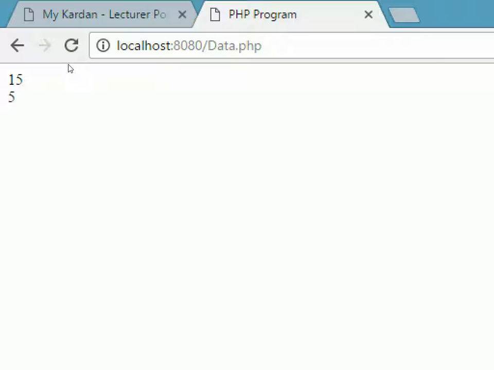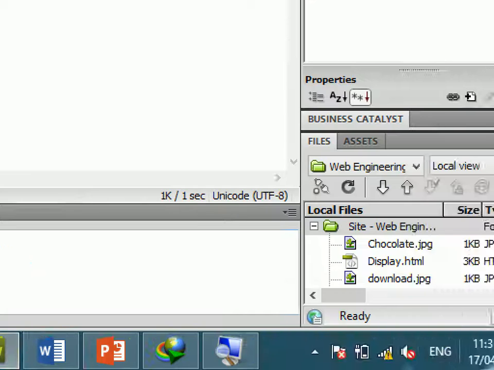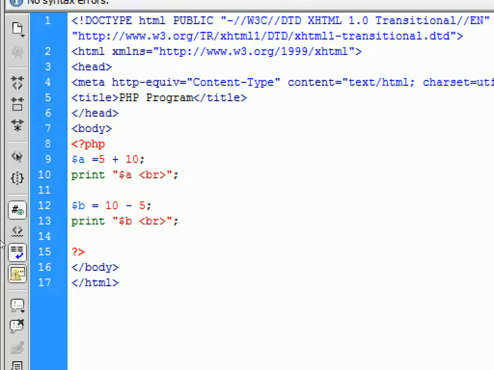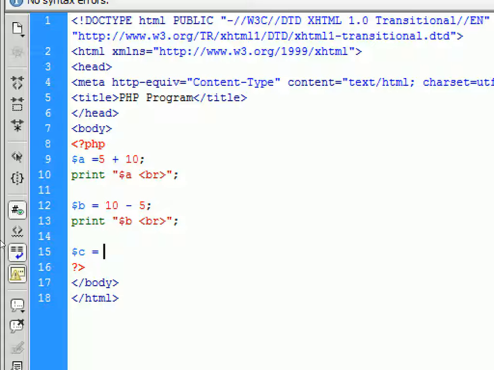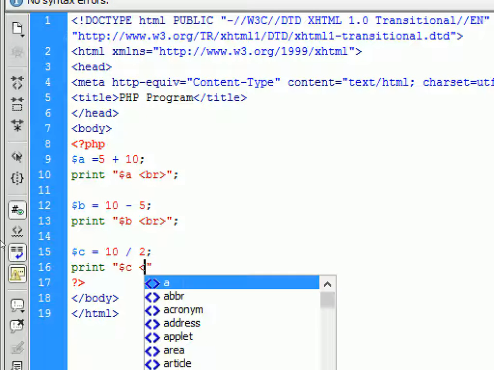So you will see that on the first line it's the result of the addition operator, plus operator. On the second line it's the result of the minus operator, subtraction operator. And now I'm going to use divide as well. So for dividing, I'm declaring one more variable, $c, and I'm giving it the value 10 divided by 2, printing the c variable,